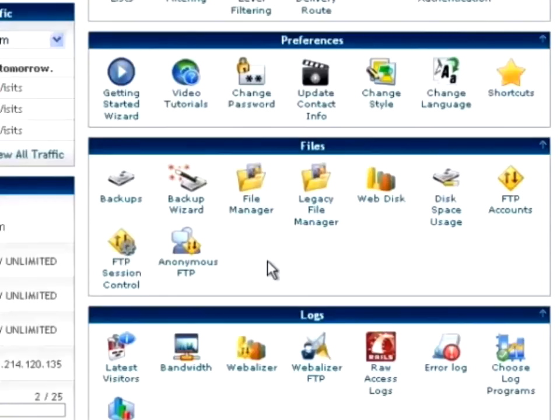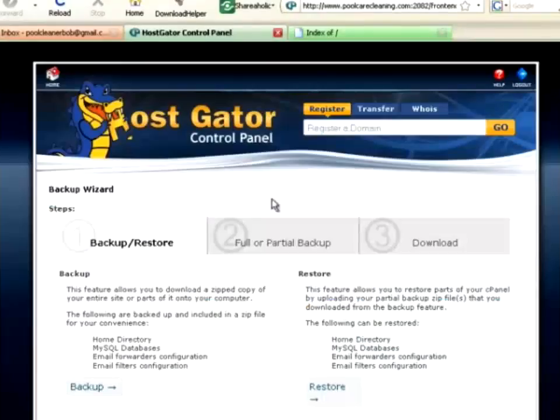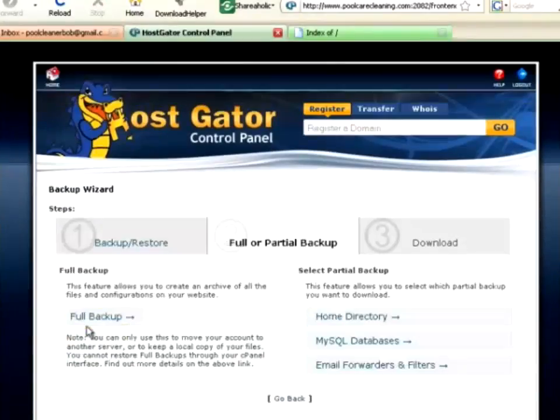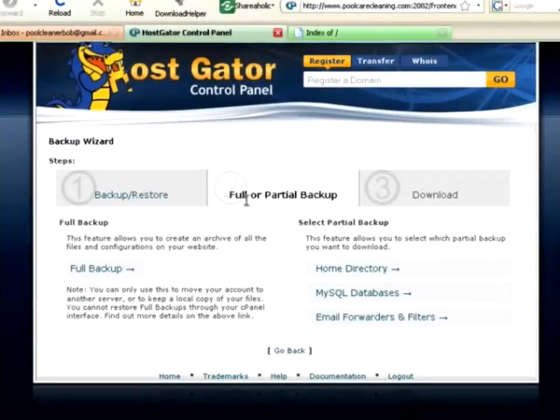Now, if you want to back up your entire website, we have nothing really to back up right now. But if you want to back up your website, you can click on the backup wizard, and you can make a full copy of your entire website. This includes the home directory, the email accounts, and the databases and everything. And to do that, just click on backup wizard, click on backup,